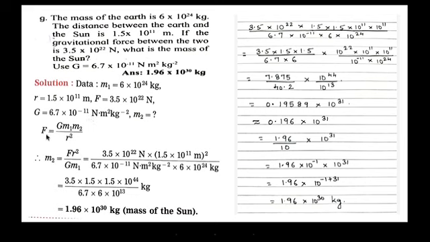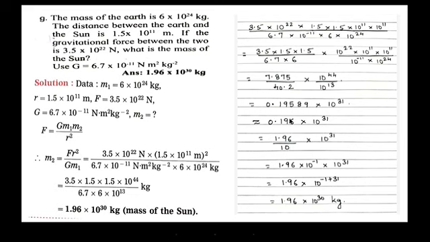So we have F equal to G M1 M2 upon R². Therefore M2 is equal to F × R², as R² goes on the other side into the numerator, upon G M1. Again we substitute all the values, and again the solving is done here. We take numbers at one side and the indices at one side. Use the laws of indices. We get 10^31, and when we multiply the numbers we get 7.875 upon 40.2, which is 0.19589, approximately 0.196 × 10^31.